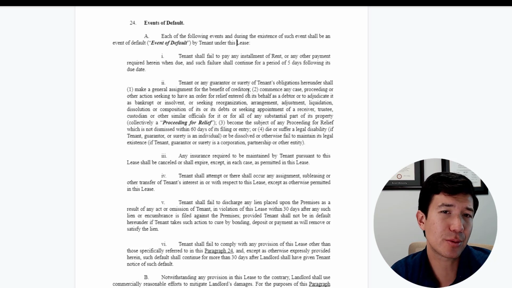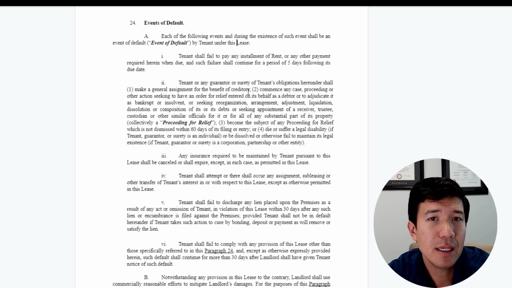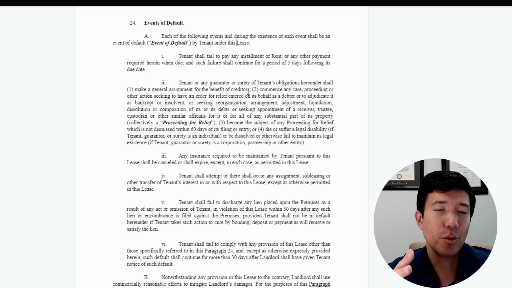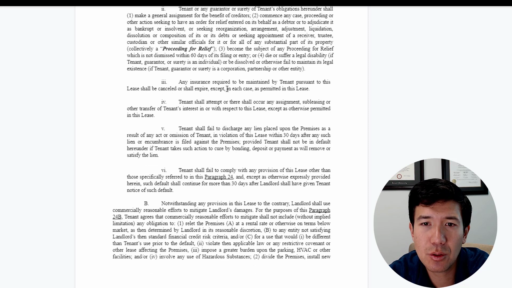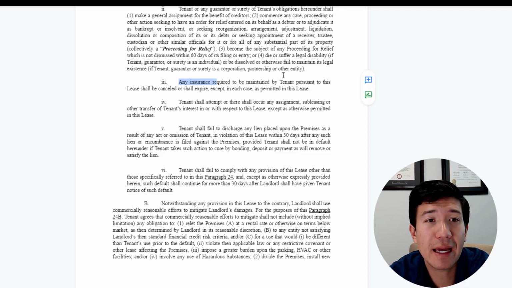Let's say it's a violation of the permitted use. Let's say it's a parking violation, modifications to the building. That can be a default in and of itself, but it's non-monetary. It doesn't have to do with paying rent. And so there should be a little bit more generous terms of default for non-monetary. So just go through it and understand, if you're not maintaining insurance, let's say you're a day late, is that a default? Eventually it will be, but usually the landlord will have to give you written notice after those 10 days, and if you still haven't obtained insurance, then they can put you in default.